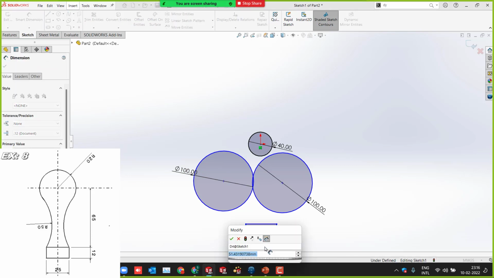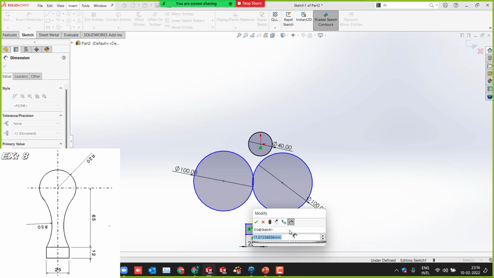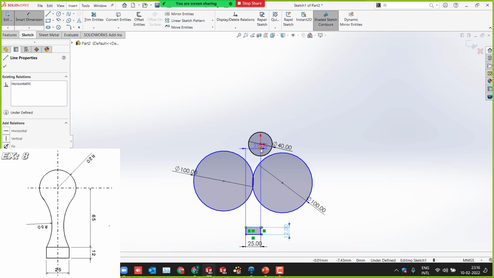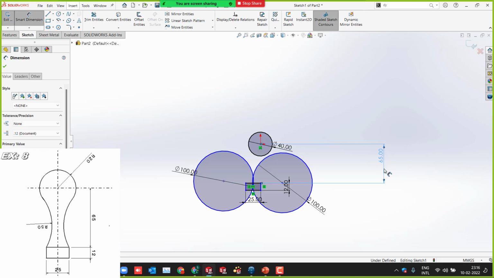25. So what about this? 12. Good. And now we got the dimension. So from this edge to the origin, how much is it? From here to here? 65 plus... yes, 65. That is 65 only because I have selected the top edge, right?